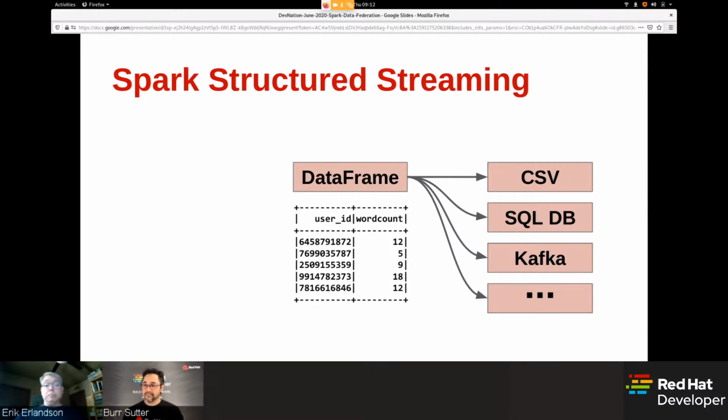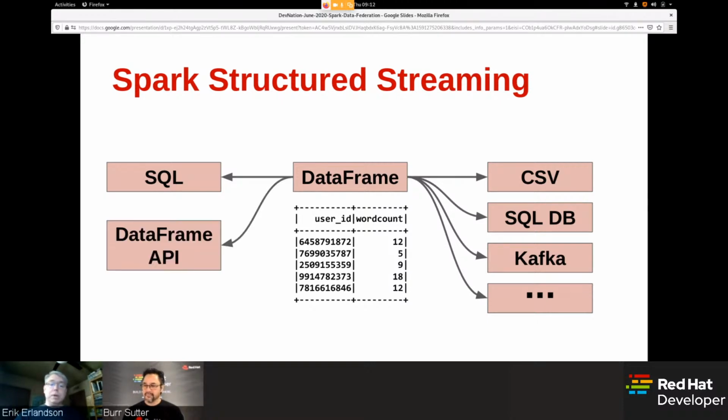So chances are, if you have a data source, there's a way to wrap a Spark data frame around it already. Now, on the consumption side, you can operate on these data frames using SQL inside of Spark. We'll be seeing that in the demo. Likewise, you can use Spark's native data frame API operations. There's an awful lot of overlap between what you can do using the data frame API code and actual SQL code.